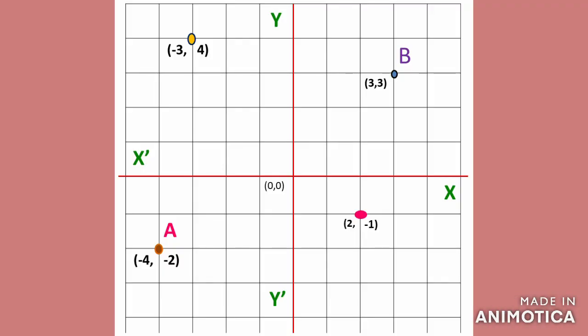See the graph. Here I am indicating the y-axis and x-axis with red color, and there are lots of other lines also. But before that, you can see that the intersection point of the x-axis and y-axis is written as (0, 0), because as I told you, the x-axis and y-axis both are number lines and they intersect each other at the point 0. So at this point x is 0 and y is also 0. That's why the intersection point's coordinate is (0, 0).